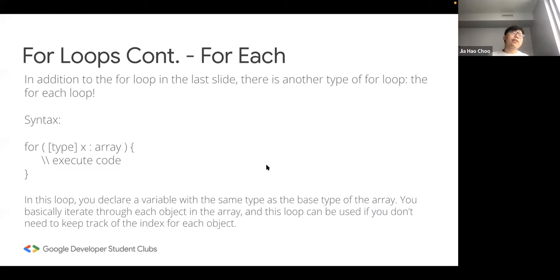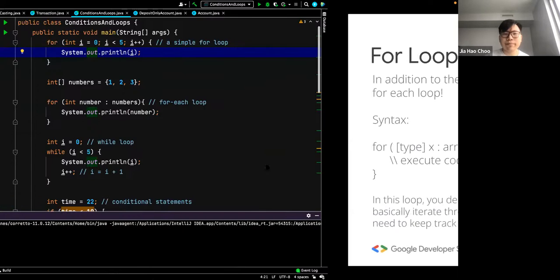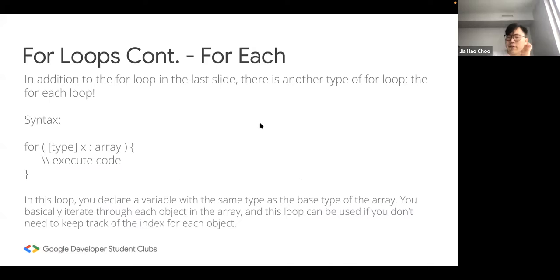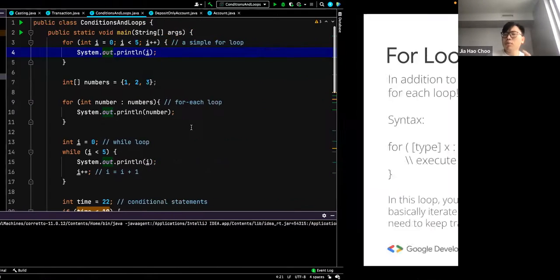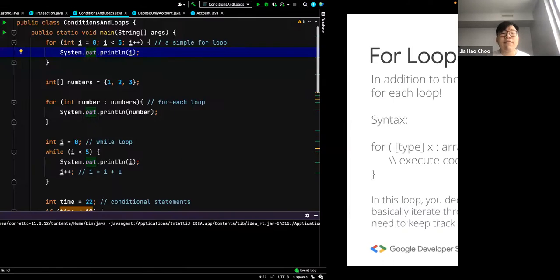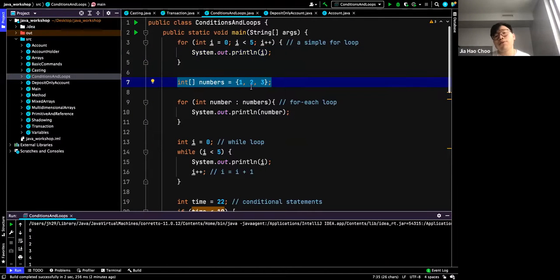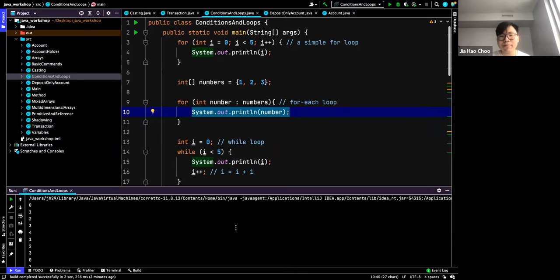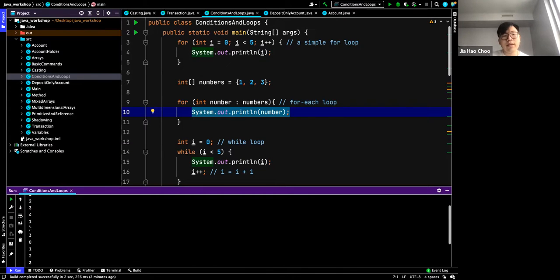So there's a simpler type of for loop. It's called a for-each loop, essentially. Now, this version of the for loop only works with an array or a list. So I have a list called numbers of 1, 2, 3. What I do is, for int, so you always have to declare the type of the variables that you want to use, for every number in the list numbers, I print out number. This is a much simpler syntax, and you'll see it works